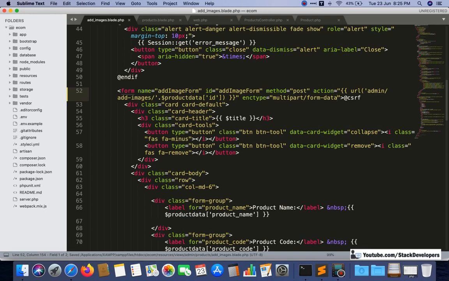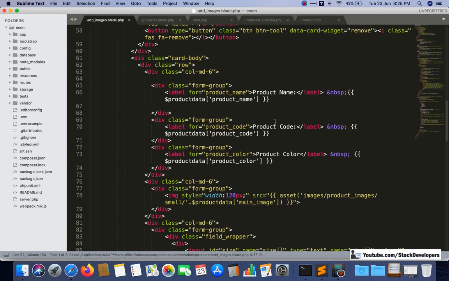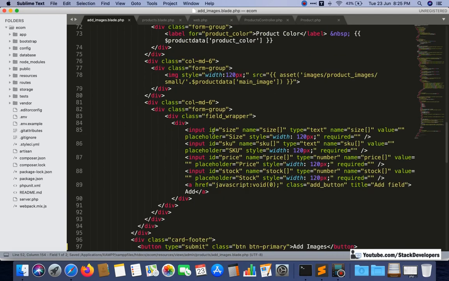Multipart form data we need to add, and after that come up here. This code is not required now, because we just want to add the multiple images code, not the attributes one. So we can remove this one and add the multiple add images code.